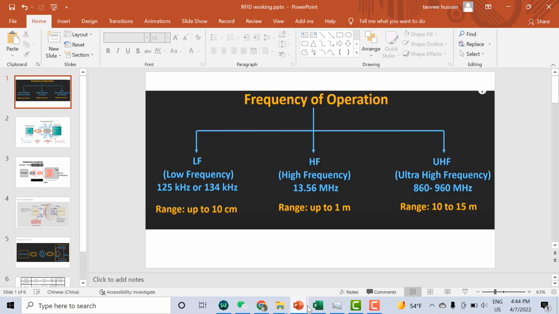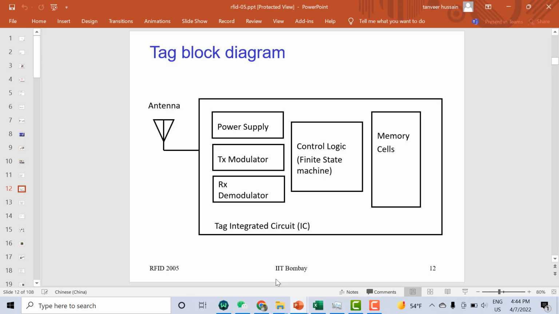If we go to the block diagram for the tag, inside it contains the power supply circuitry, the transmission modulator and receiving demodulator, and it also contains the control logic and the memory cells. So how can the RFID reader and tag communicate, how do they transfer